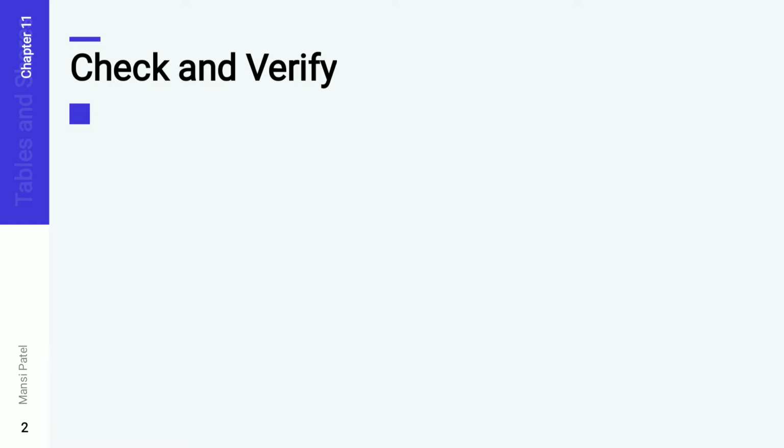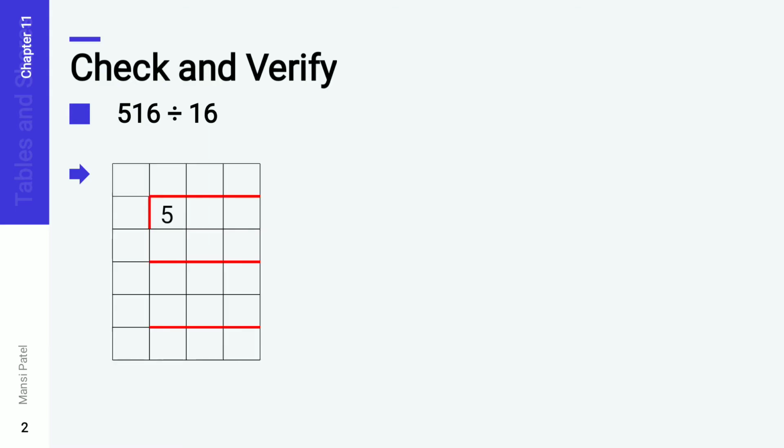Now in this I am giving one division to you. You have to do the division of 516 divided by 16. So first, what do we want to do? We have to just do the division. 516 divided by 16. Now as per the rule of the division, see the first digit. First digit is 5, which is smaller than 16. So what we want to do? We have to take the 2 digits.